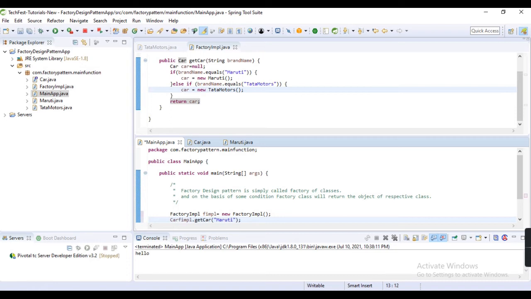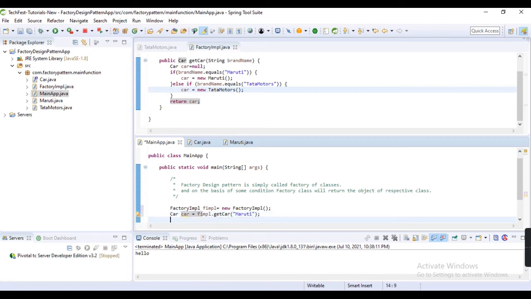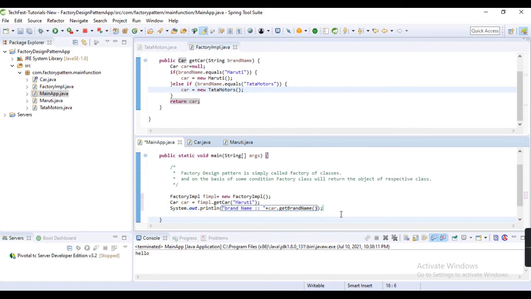Because this returns a Car object, I am creating a Car reference, and now I am printing the brand name. To print it, I am calling the getBrandName method of that class.